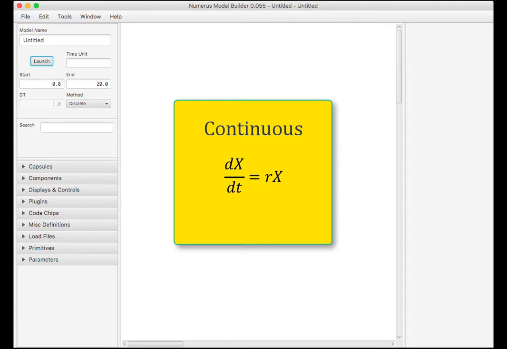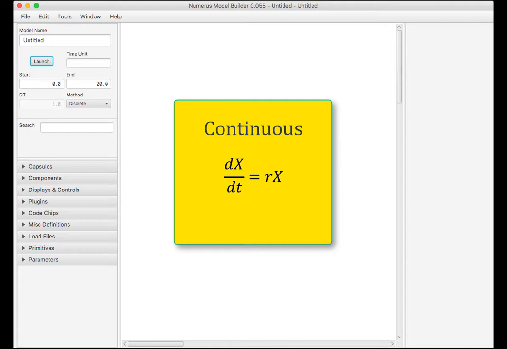What we saw in the last example is a continuous representation of time. And the heart of a continuous time model is one or more differential equations that tell you how the state variables, or in our case stocks, in the model are changing at any instance in time. So here's an example of a differential equation. At any moment in time, this equation tells us the rate of change of x, which is great for a model because it produces very smooth curves